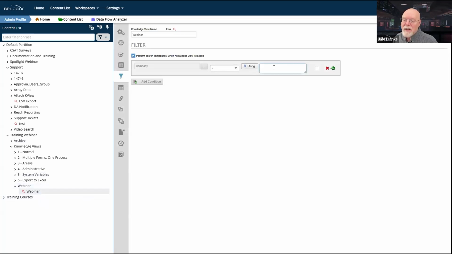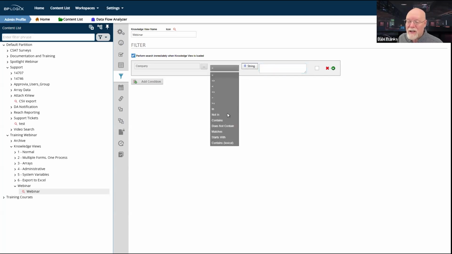There is no form with a name that equals this, and since you can't find an exact match, it will return nothing. And there's no company, in fact, with a name that equals this. So equals is very tightly interpreted, and by default it returns nothing. Contains by default returns everything, which is probably the better option.